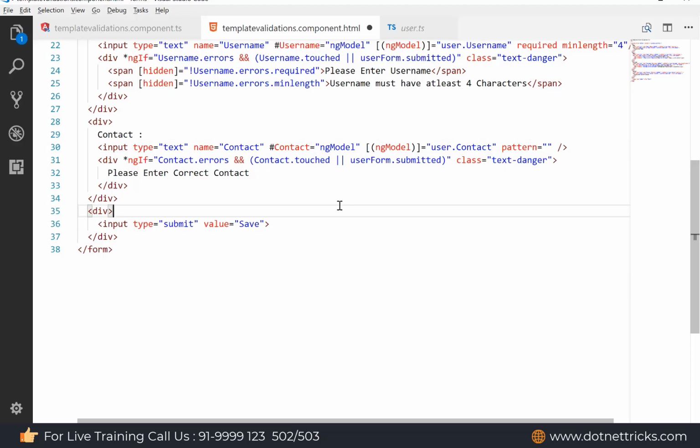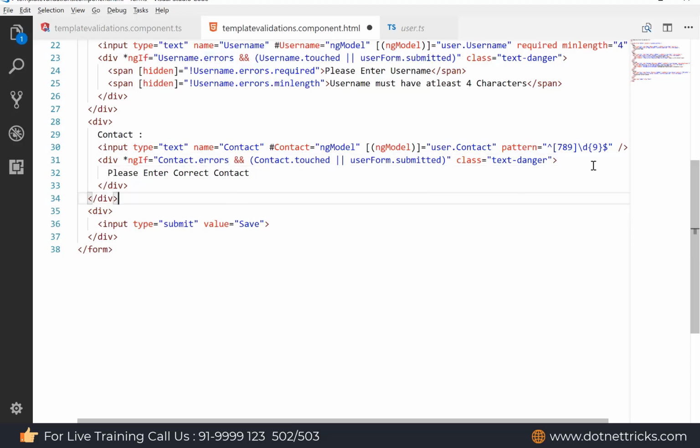And here we have to mention a regular expression. If you are not entering the value as per the regular expression, it will show the error message like please enter correct contact number. If you do not enter any value, it will not show any error message. So here I'm going to validate an Indian mobile number. In India the mobile number starts from 7, 8 or 9 and has 10 digits. So this is the first digit and these are the other 9 digits. The first digit must start with 7, 8 or 9, and the total number of digits should be 9 plus 1, 10. This is what I am checking here.